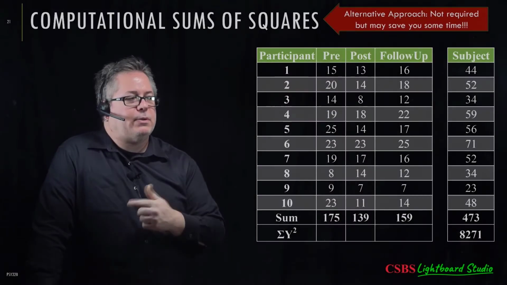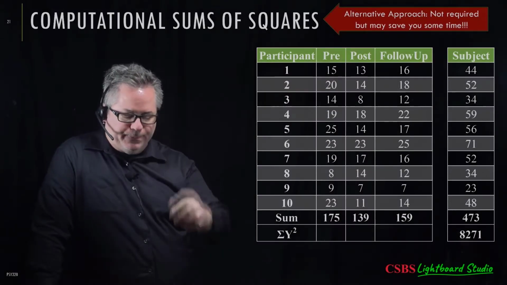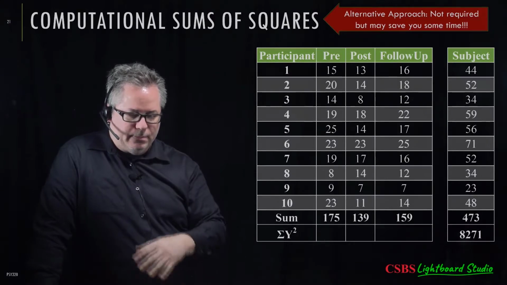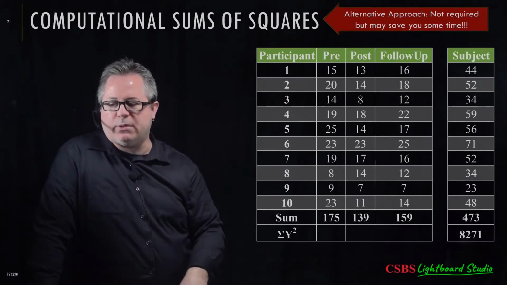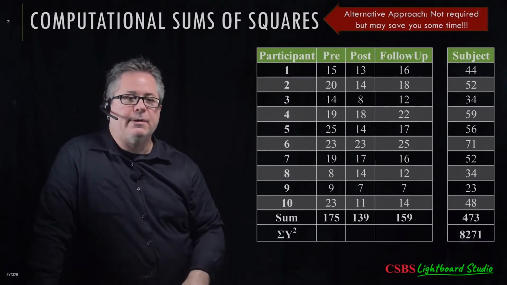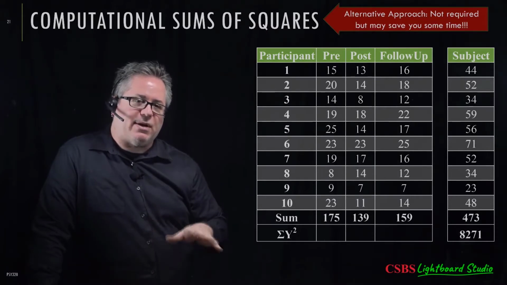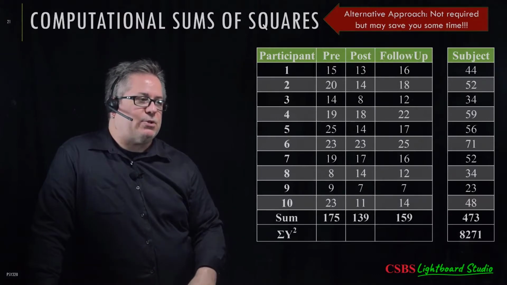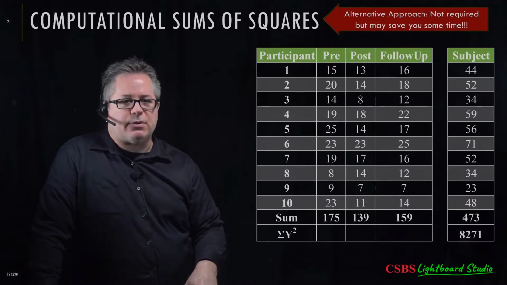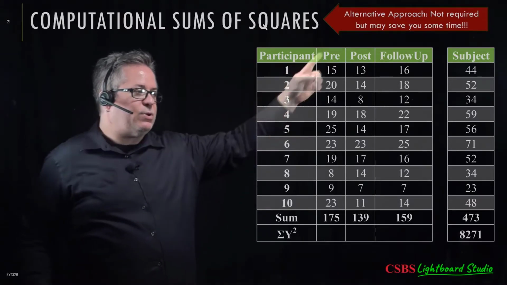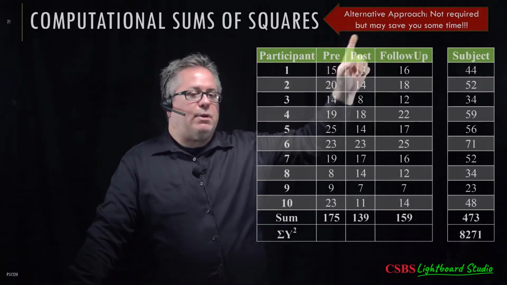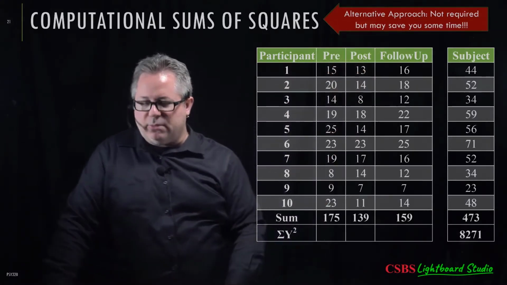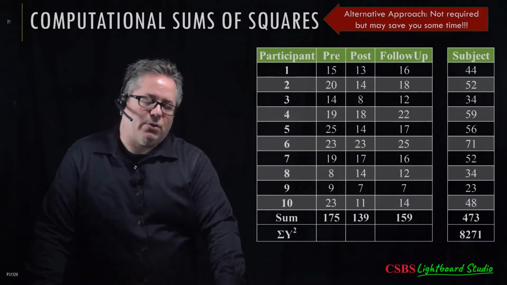So, just like we've done in the past two topics, the one-way between and one-way and factorial between, let's talk about this sort of digression into a different way of looking at the sums of squares, these computational sums of squares, right? So again, I want to point out this is an alternative approach. It's not required that you know this. It's not required that you memorize these or learn these equations, but